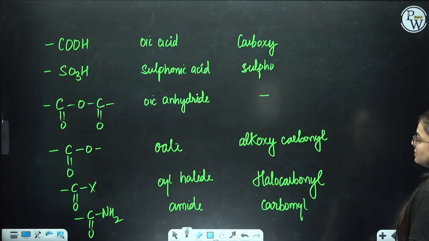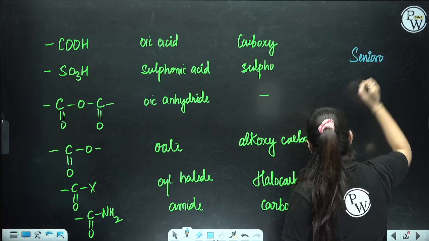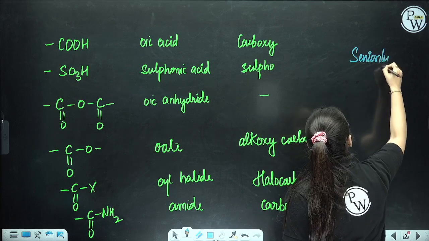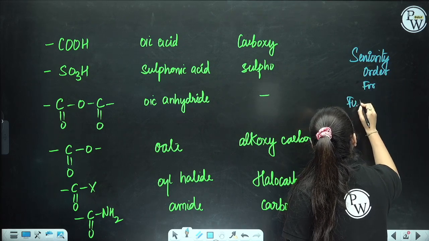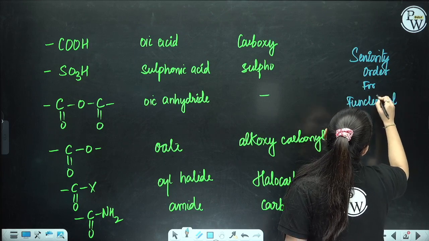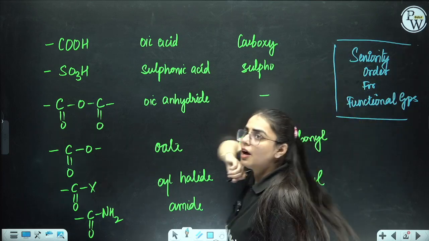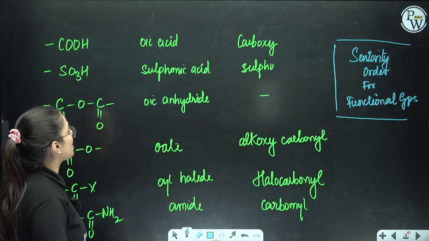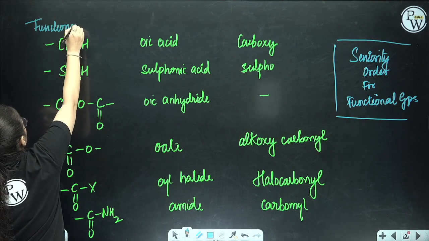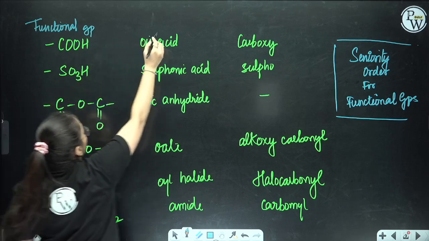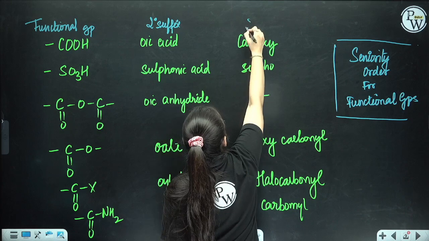Okay. Now students, this is basically the seniority order for functional groups. Now let's come back to this part. These are basically your functional groups. And this is basically the representation part. These are basically your secondary suffix. And this is basically your secondary